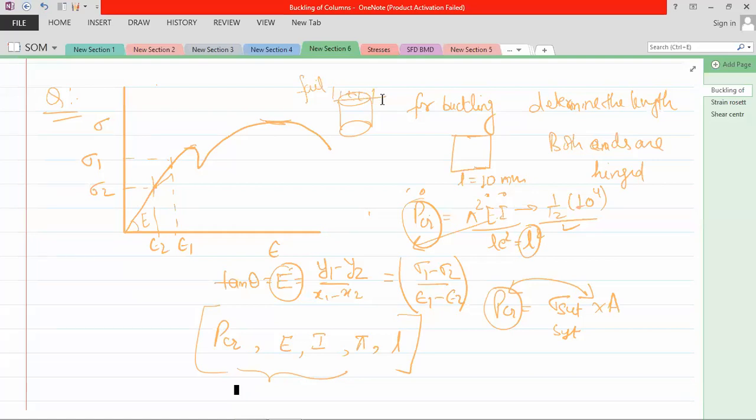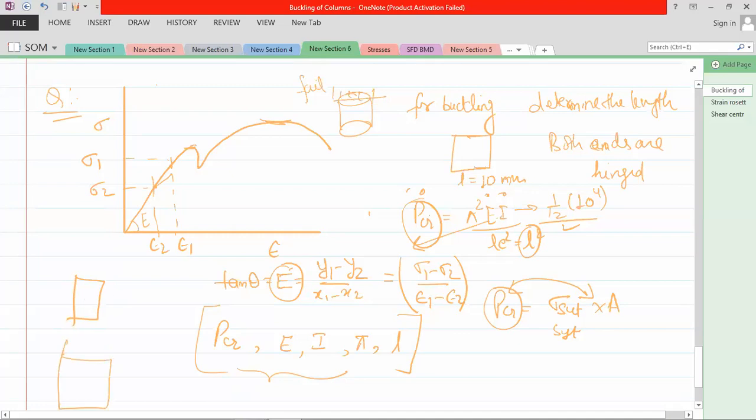This is a good question because generally we assume that Euler buckling is an easy question: P value and E value are given, and we can obtain the length. But they are not going to ask in the simple way. You can expect a rectangular cross section problem. Suppose this is your column buckling, and your cross section is rectangular. So you need to find the I minimum.